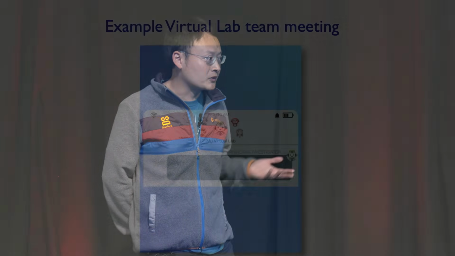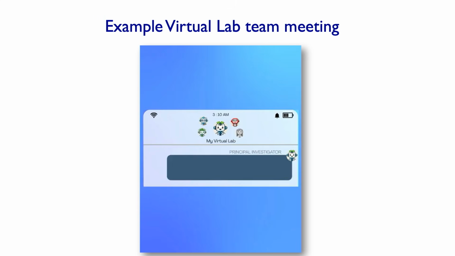They can also have individual meetings where one of the agents would meet with their manager agent to review some intermediate results, like maybe a data analysis or some coding and so on. So just to make it more concrete, I'll show you a demo of what one of these virtual lab agent meetings looks like. This is actually the first project we assigned to the virtual lab agents, which is to help us design binders to the recent SARS-CoV variants.